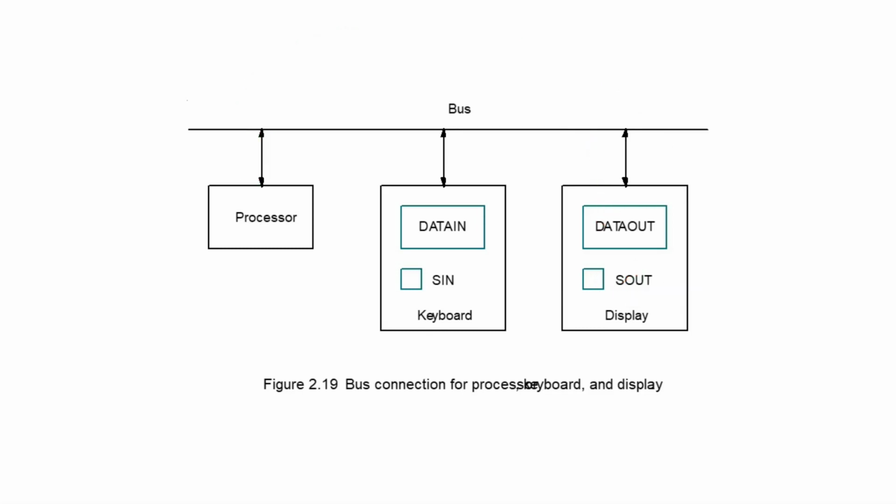Now the question is, whose responsibility is it to make SIN or SOUT 1 or 0? It is the responsibility of that particular output or input device itself. Whenever the device feels that it is capable of handling the data, for example, if the keyboard thinks that data is ready and the processor can read the data, then the keyboard makes the SIN flag 1, or in all other cases it makes it 0. If the display is free and can get the data from the processor, then the display itself makes SOUT 1. So this is how the signaling solution works.